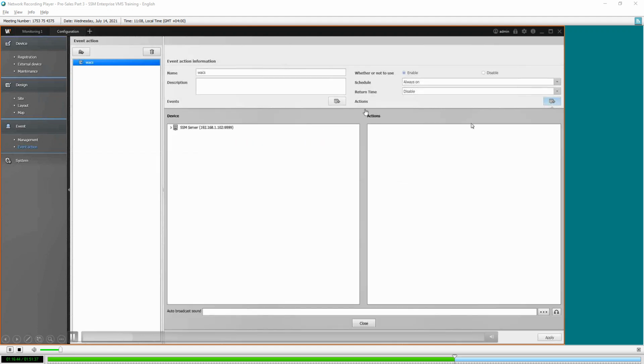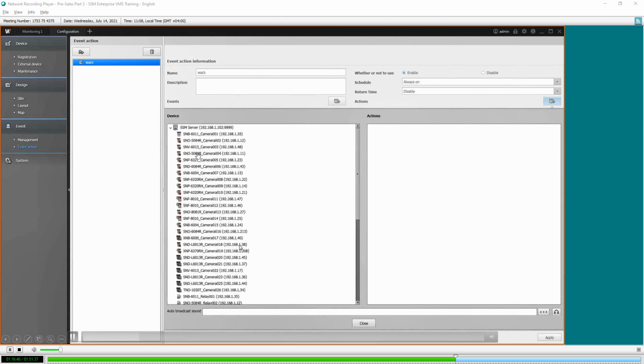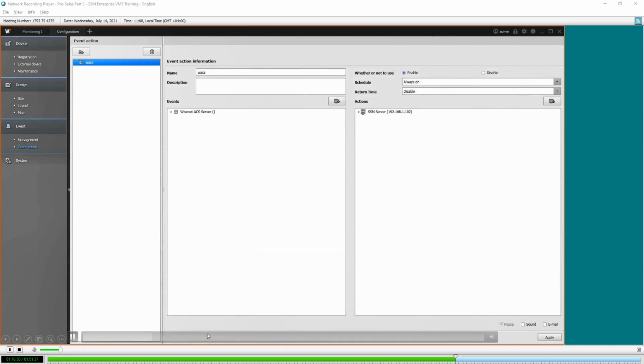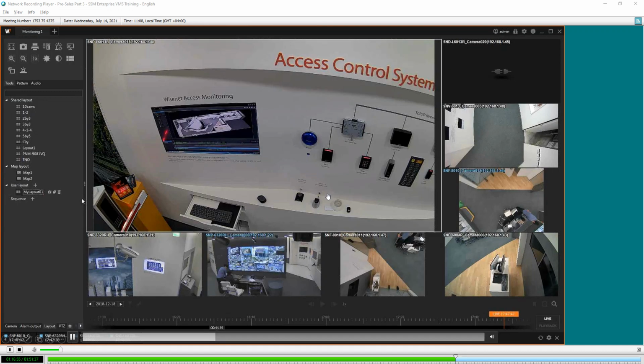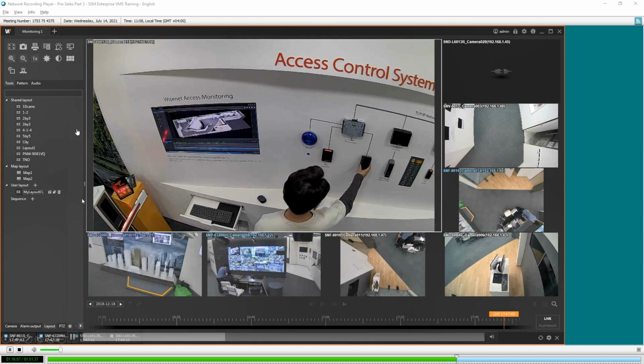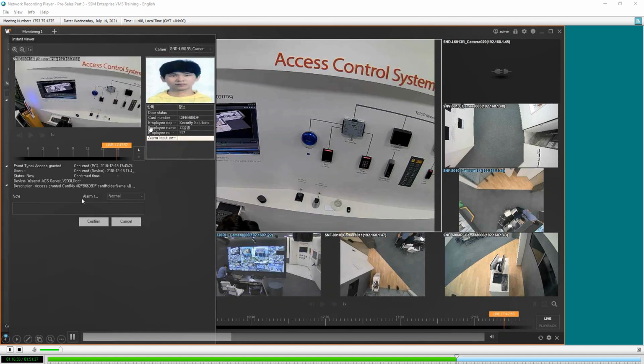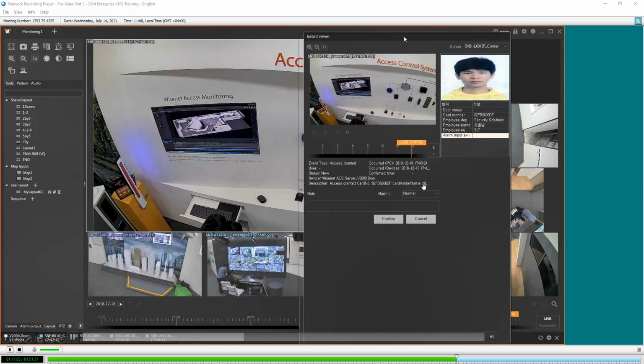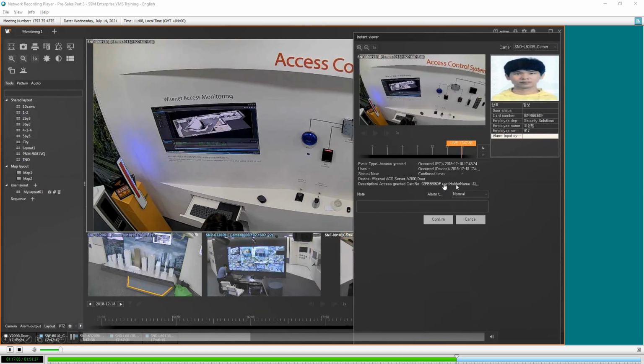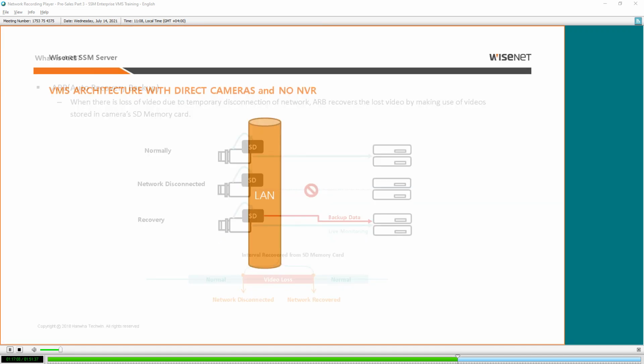If anything like that happens, I need a pop-up. Which camera? I need a pop-up of a certain camera, click, done. Now, let's say I show my card, I will get a pop-up immediately with the card badge. What is this detail? What is the card number and so on. You can get it in SSM, right?